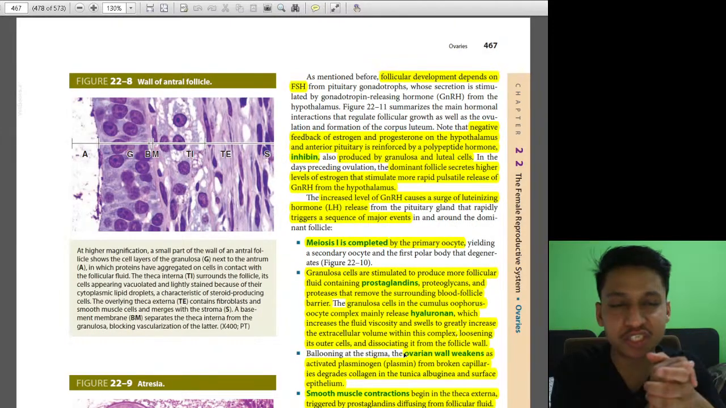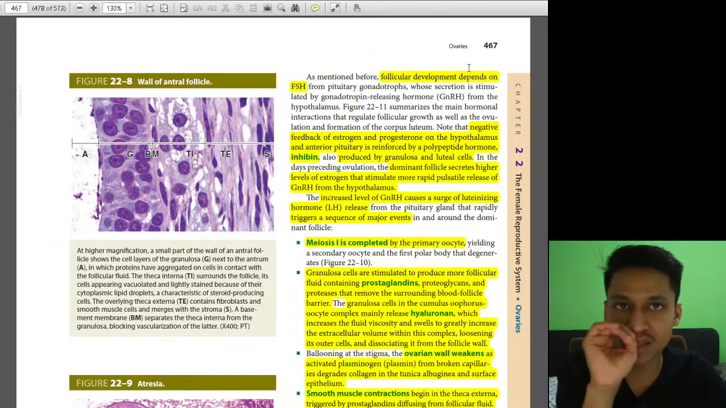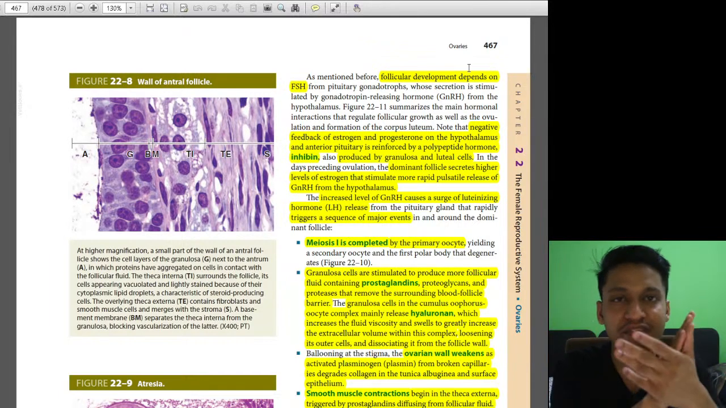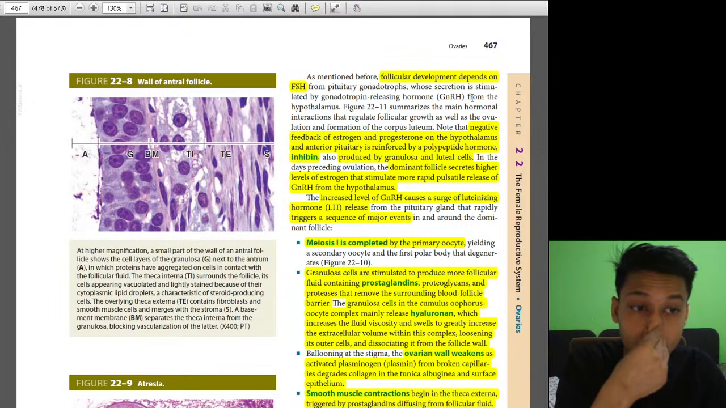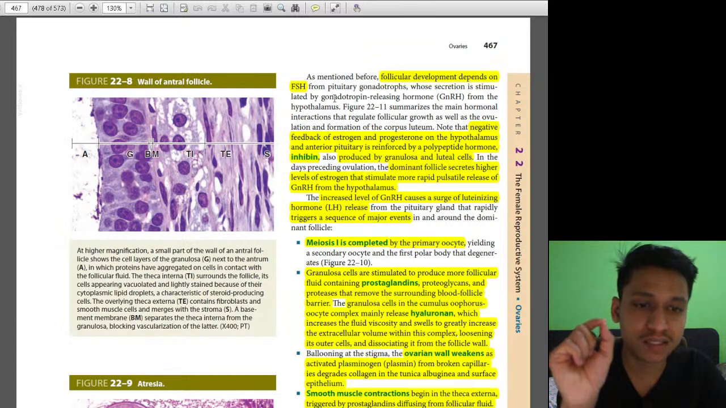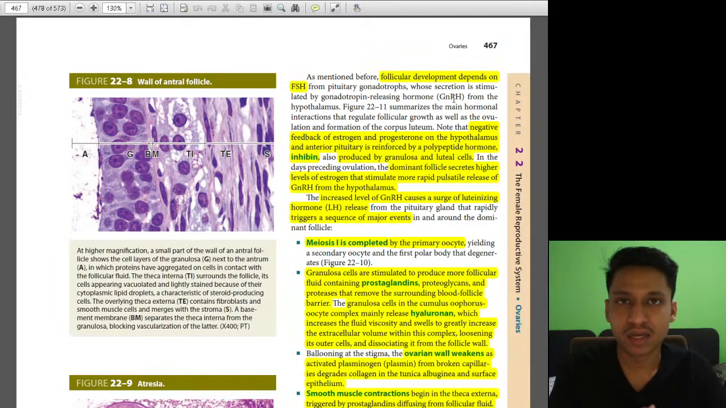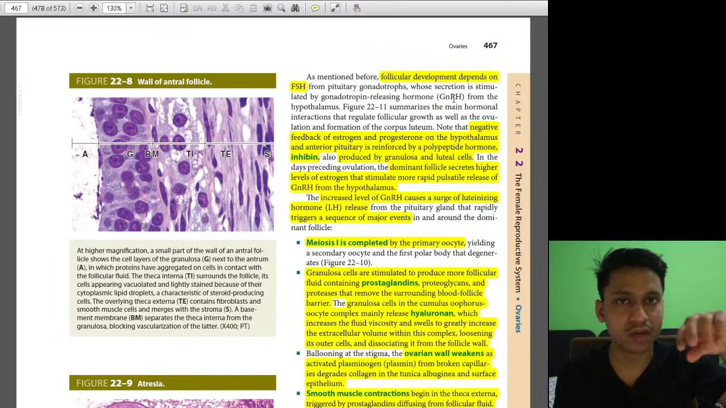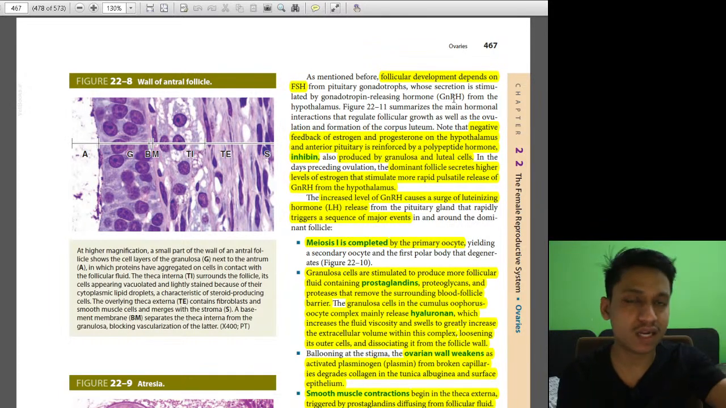Okay, so as mentioned before, follicular development depends on FSH. We know that all the follicular development, from the primordial follicle to the mature follicle, was dependent on FSH from the pituitary gonadotropes, whose secretion is stimulated by gonadotropin releasing hormone, GnRH, from the hypothalamus. We know from basic endocrinology that every hormone secreted by the pituitary gland gets a signal to be secreted from the hypothalamus by